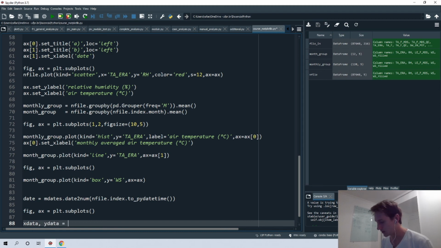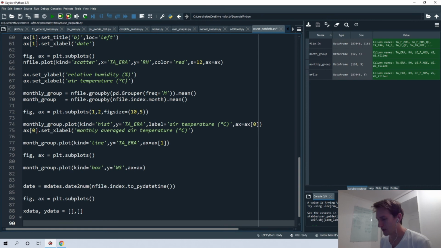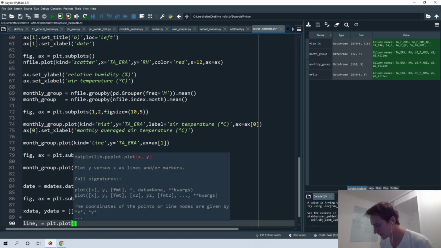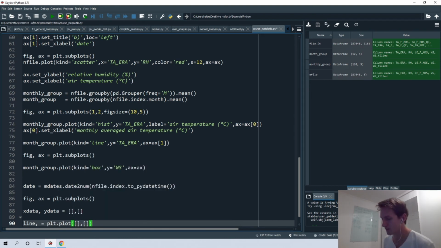We'll see later why you need to specify these two lists. Then we must define the background of the plot. So define line equal to plt.plot, and then specify both locations.